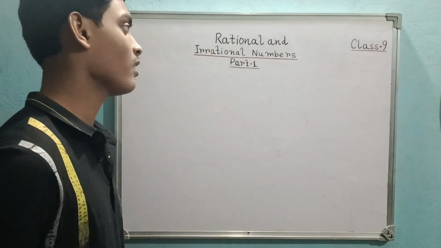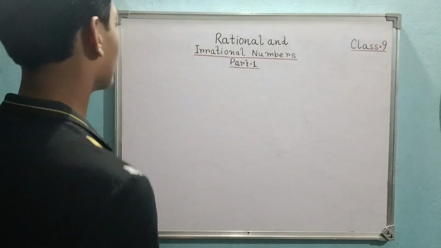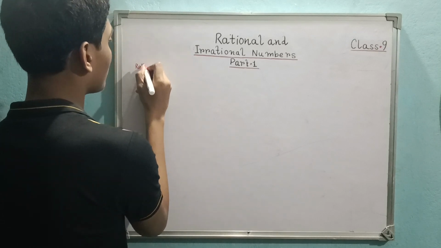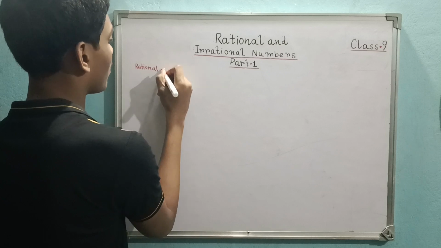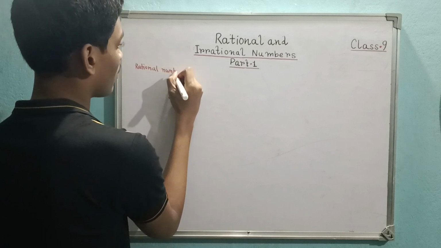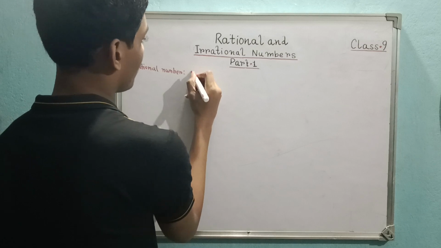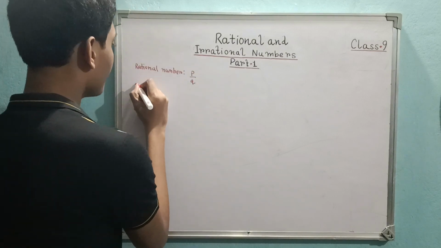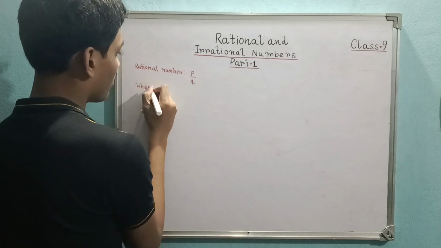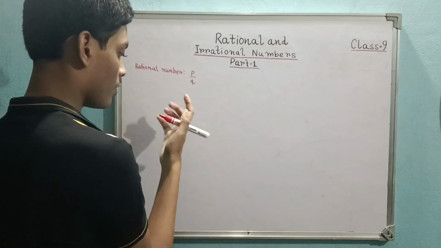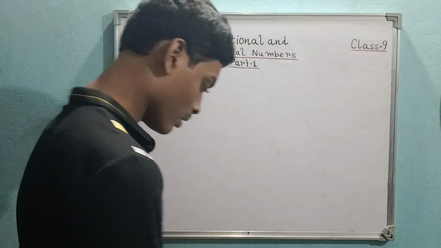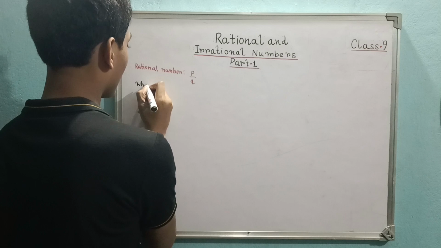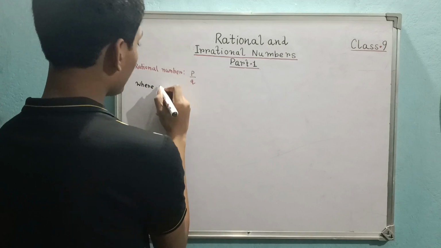First of all, a rational number. Let me first tell you this. A rational number is given in this form: p by q, where